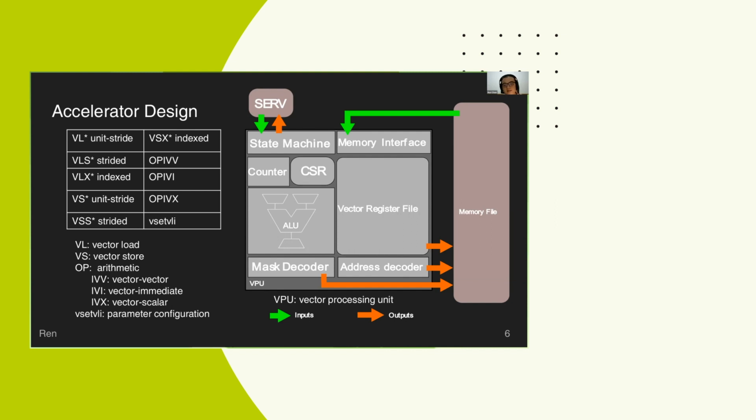And what happens is that when SERV loads instructions and one belongs to a vector instruction, it will pass the execution to the accelerator, and then the accelerator will just be kicked off and start its execution. Based on which type of instruction it is, it will do either the memory accessing or calculating on the vector registers that have already been stored in the accelerator. And next slide, please.